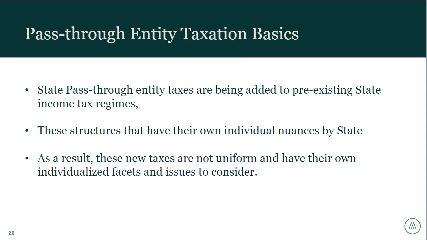One of the challenges is that these programs are literally being added as a layer onto the existing state income tax regime. So with California, for example, AB 150 was recently passed earlier this year. It is a whole new set of rules and program structure that sits on top of the existing California Revenue and Taxation Code. And what we see in other states like Oregon and New York is the same. They've created an entirely new regime and structure that is now essentially glued on to their existing code